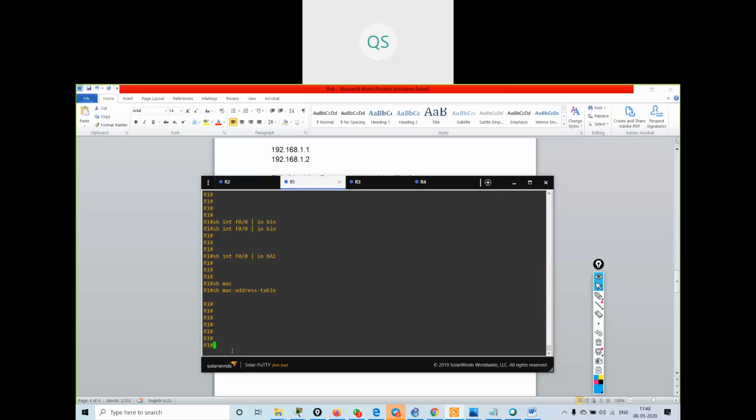I want to see the MAC address of the router. So the command was